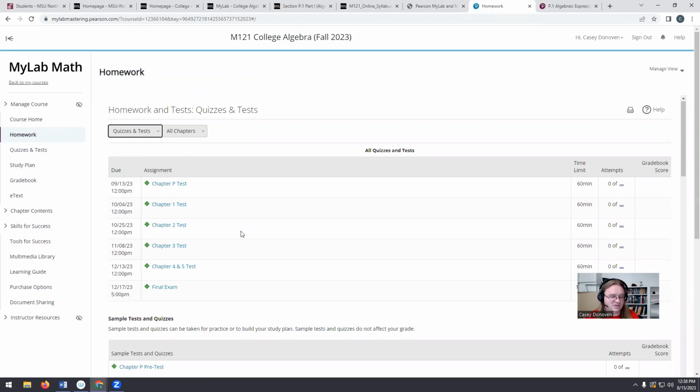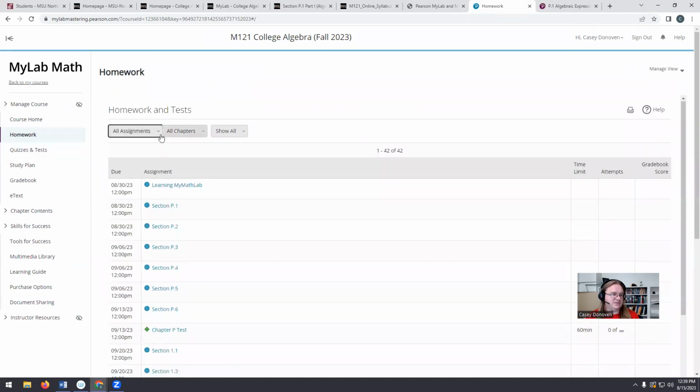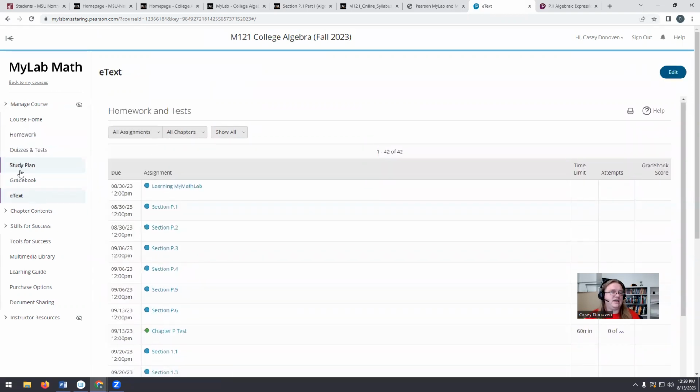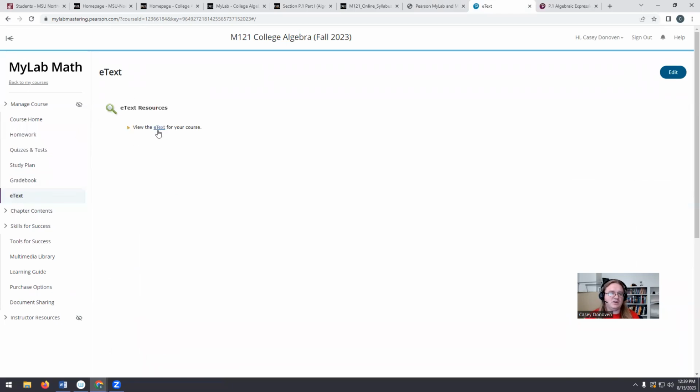And I will say that it's probably a little bit stressful, but if you want to work ahead and make your other classes a bit easier, go for it. In particular, you'll have access to all the homework and all of the tests and quizzes from day one, so you can always work ahead. And then there's an e-textbook as well.